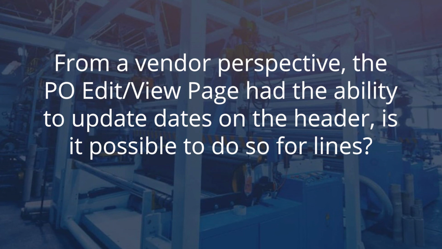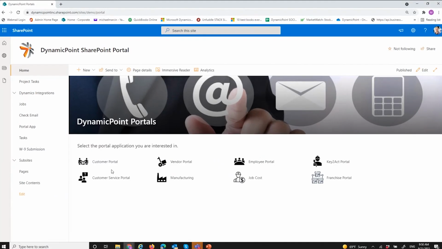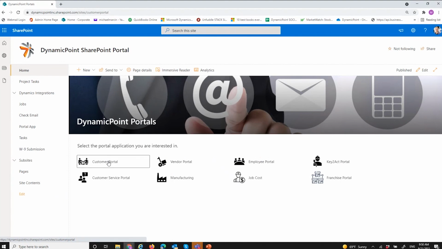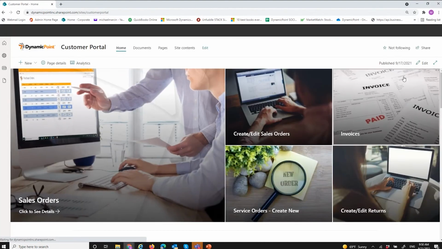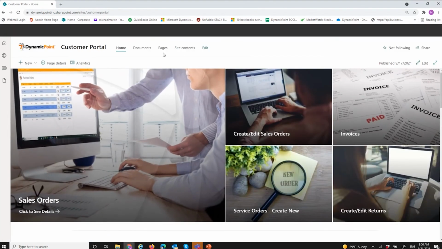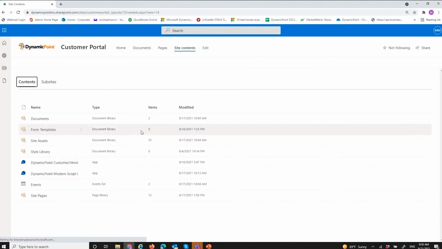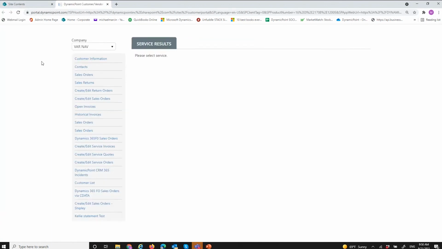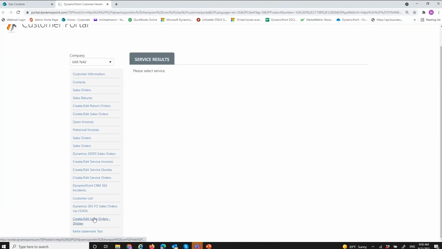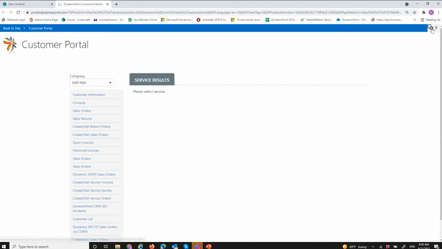If I were to go into my demo site as an admin, and let's just pick on my customer portal, and I have edit access here, so I could go to the configuration screens for the portal. And what we'll see is the portal configuration is nothing more than a URL and all of the fields that I want to include and whether or not I want to make them editable or not.